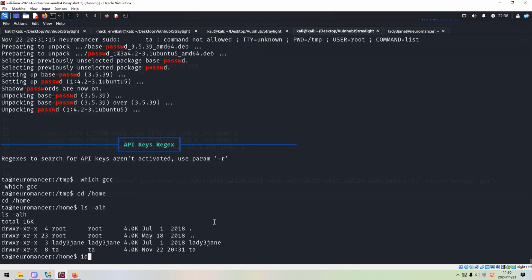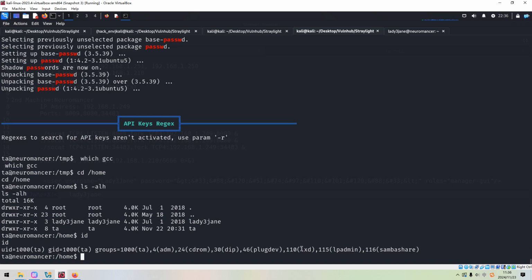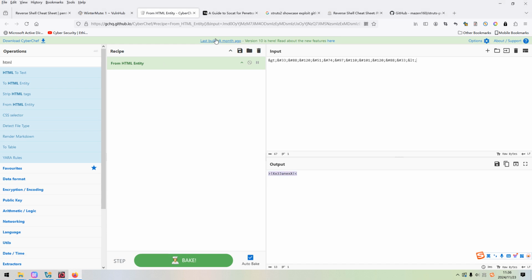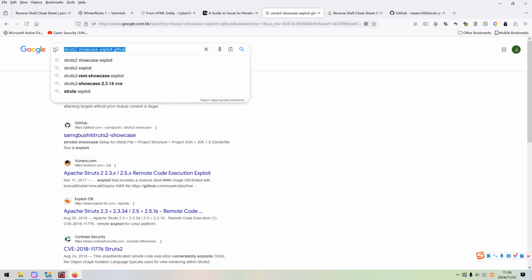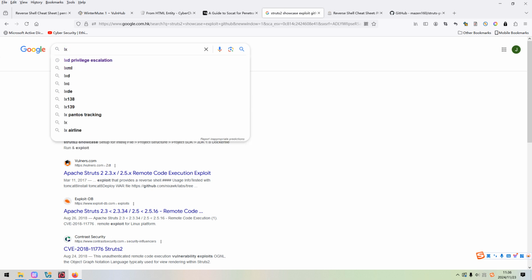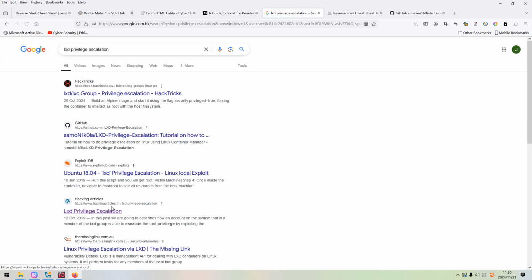So how about we use the LXD membership to elevate. Let's try it now. If not, maybe we can take advantage of the local exploits to elevate. So LXD privilege escalation. Yeah, this one.